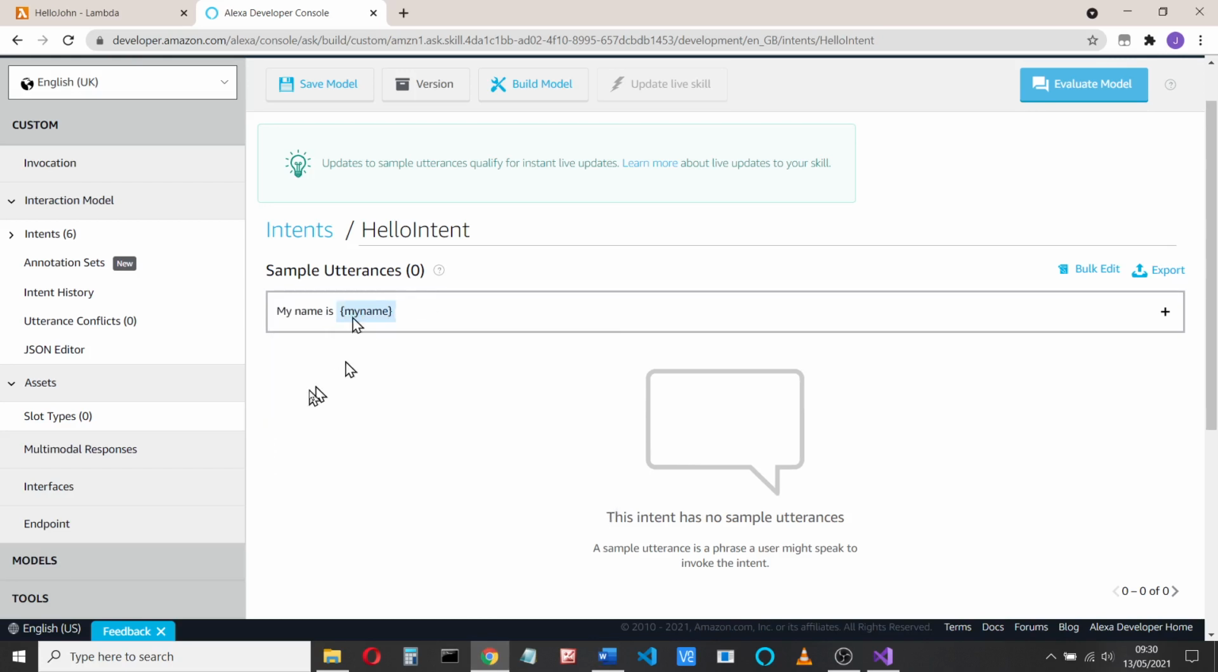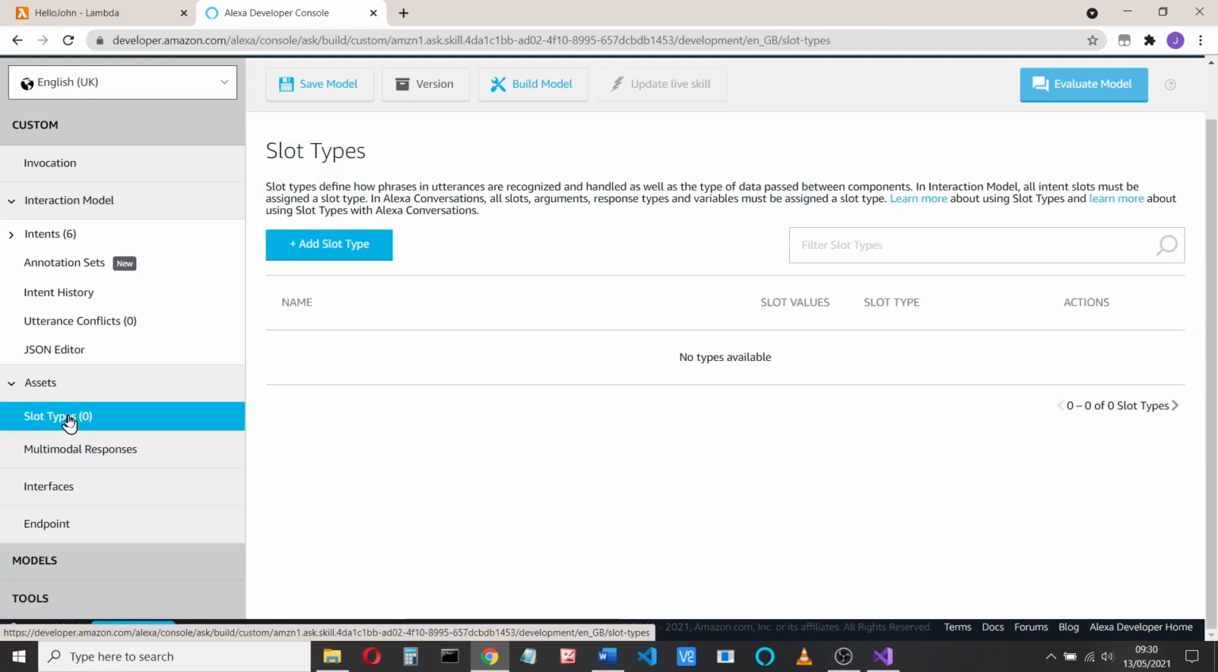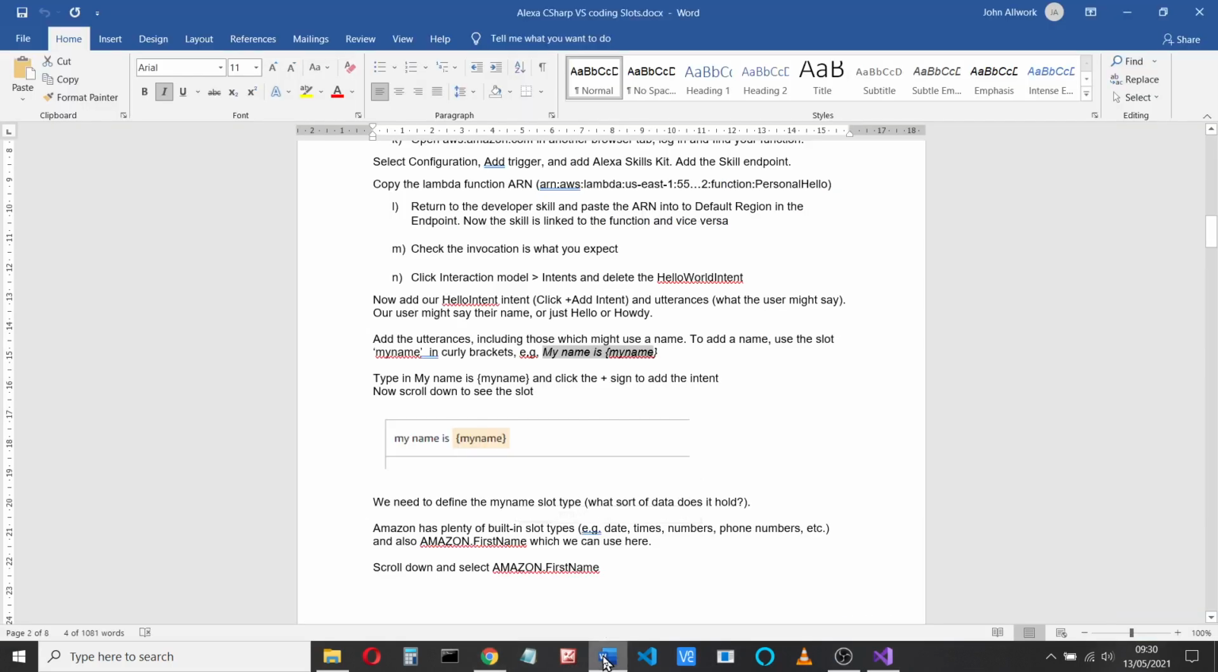Okay. And we'll add that. Don't forget to click the add button, otherwise it forgets it. So I'll just save the model before I forget. And now what we need to do is we need to